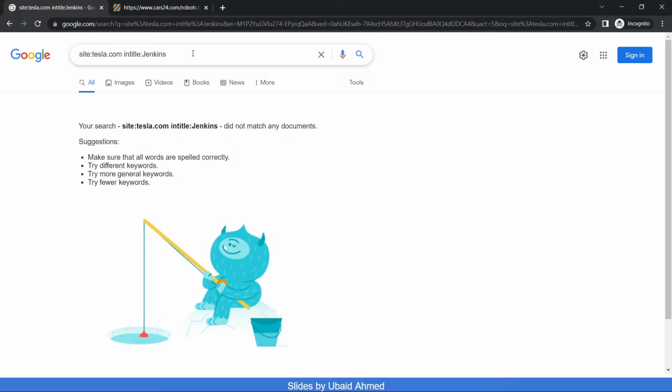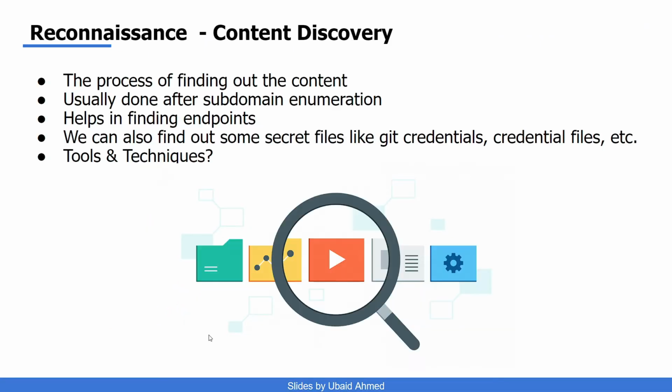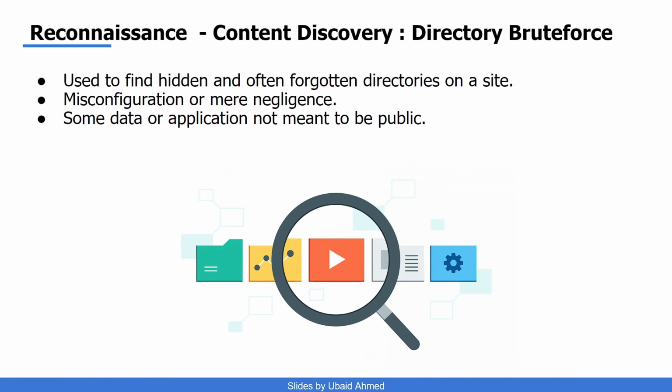Okay, now when we talk about content discovery, another way of content discovery is by performing directory brute force. Directory brute force is the method of finding hidden and forgotten directories on a site. Now, these directories can either allow us to access some secret or juicy information or prove to be an entry point for some other attacks. For example,